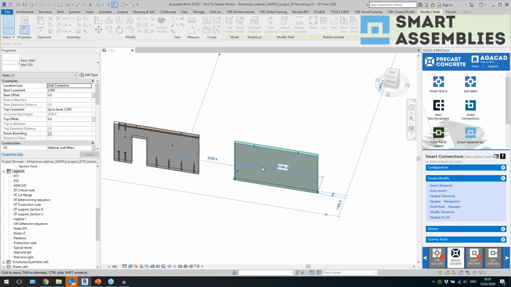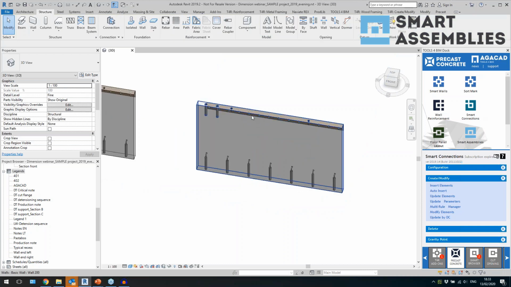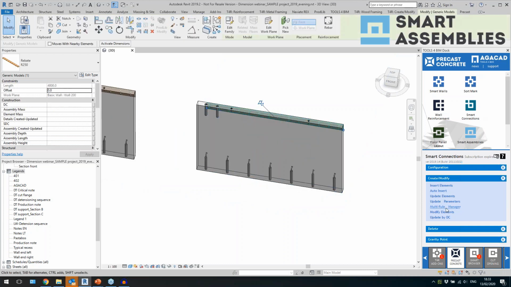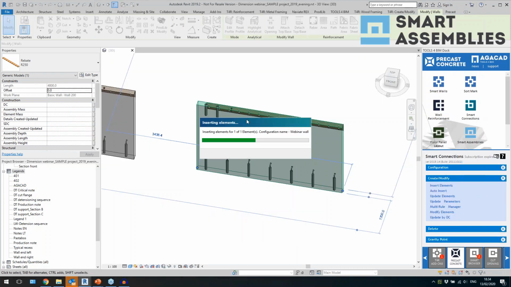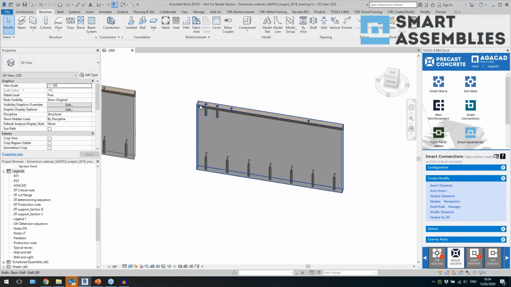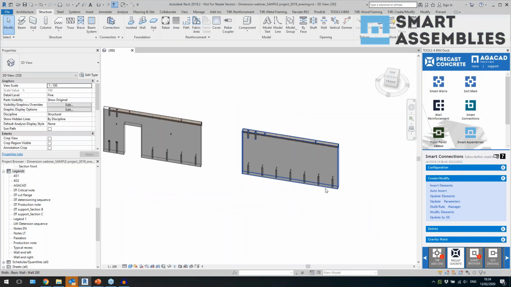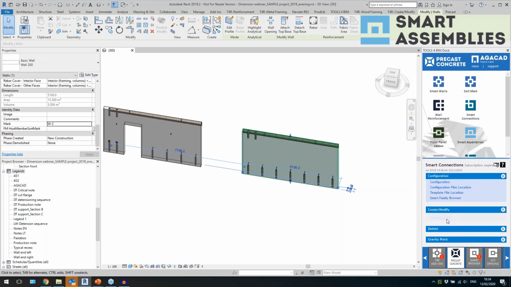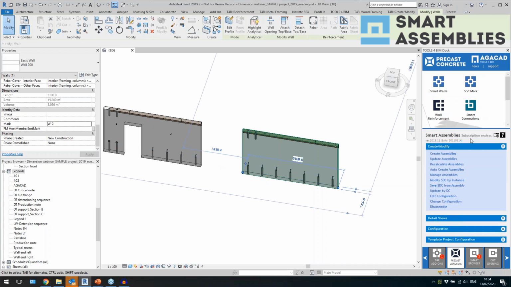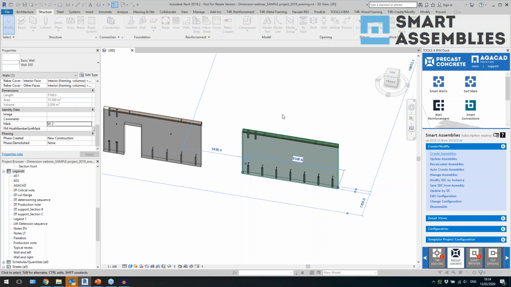Webinar wall, I guess this one is okay, right? So yeah, and of course you can make it different anytime, but maybe it's not so important. For example, I'm just gonna change a little bit here, so it will be from start. Yeah, I'll add mark again, value over here, click on OK, and then configuration, create, Smart Assemblies, create assemblies, and